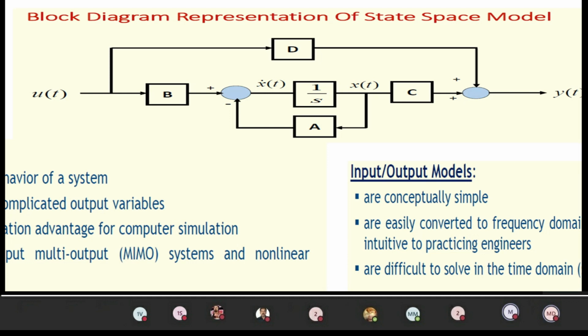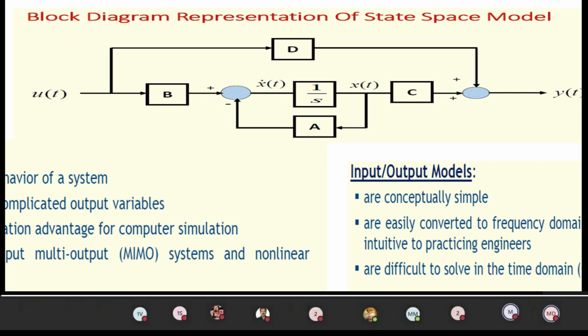In this summer, we are going to add both a and b terms. Here a is a coefficient of x of t, therefore we have to take it from the x of t side. But the same state equation has the x dot of t, therefore we can have the integrator over here. In the state diagram, the integrator is represented pictorially by a rectangular box. Inside that you write 1 by s. 1 by s represents the integration.